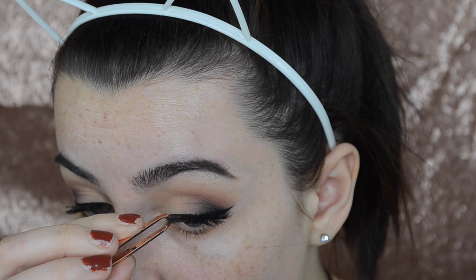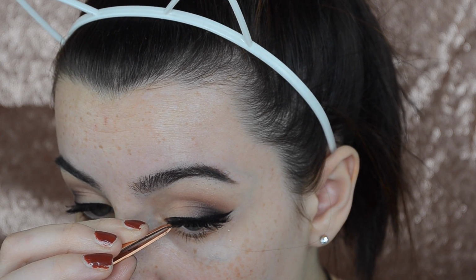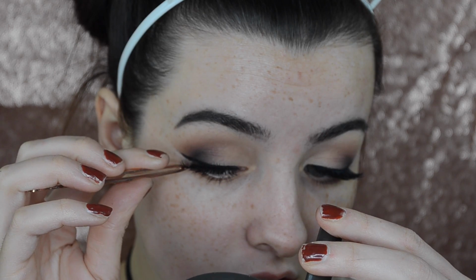Now I'm going to take the Kiss Daisy lashes. Surprise, surprise! I love these lashes so much. This is a brand new pair. It's my first time using them, and I was so happy because they didn't have any lash glue on them. It's the best. So then I'm going to just plump them up a little bit, you know, put them up,